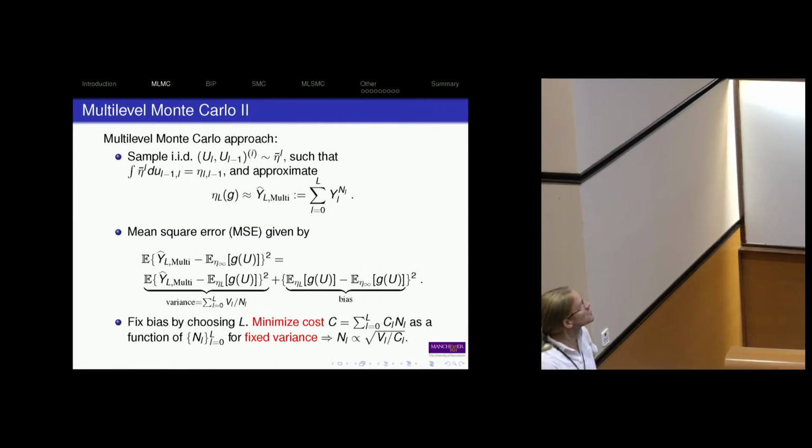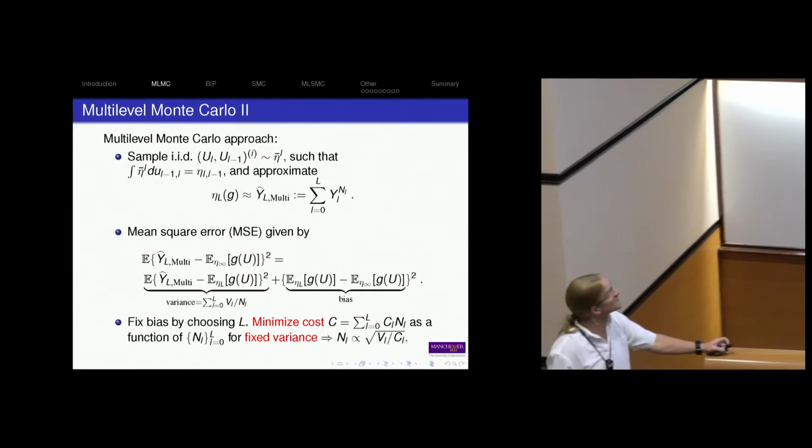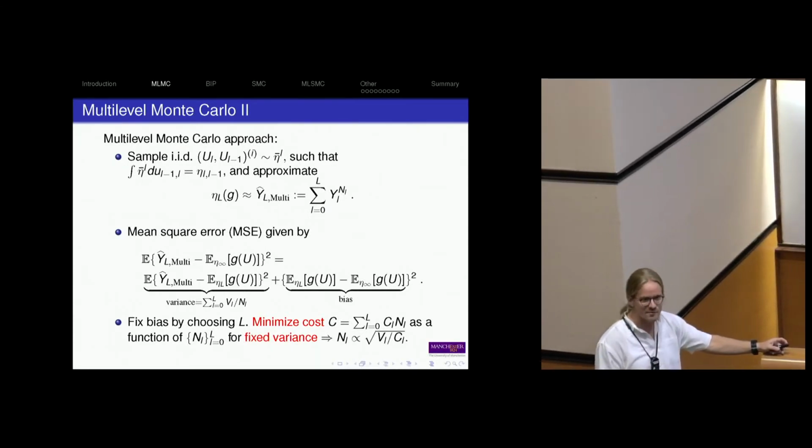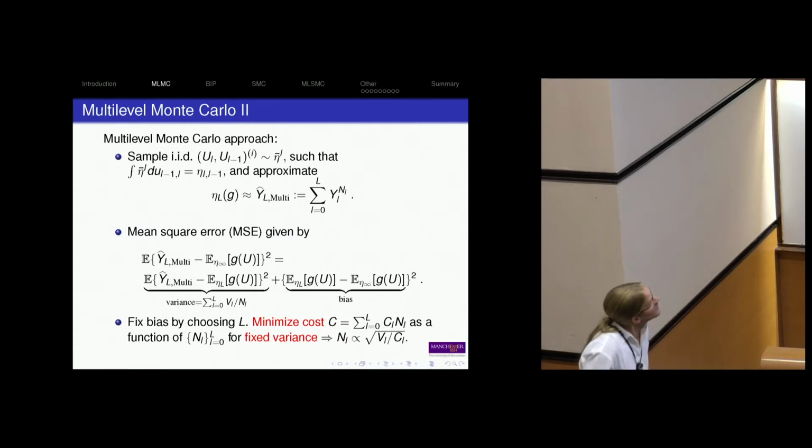Sometimes we put an additional L there to indicate that that's the level L minus 1 sample from the level L versus the level L minus 1 sample from the level L minus 1. Or sometimes people will write 1 and 2, or coarse and fine, for each L. So then the mean square error is given by the sum of,